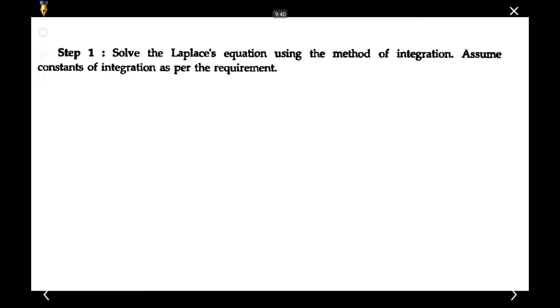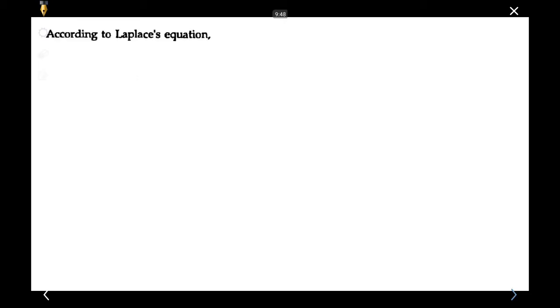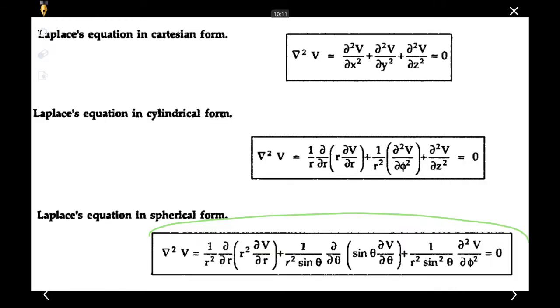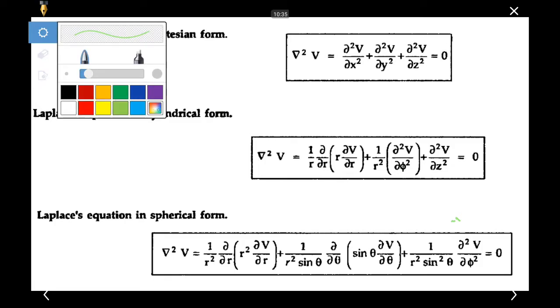So step 1, solve the Laplace equation using the method of integration. Assume the constants of integration as per the requirement. So what is the Laplace equation? Del square V in the spherical coordinate system. Okay. Now in this equation if you see, as we told before, V doesn't vary with respect to theta and phi. So only it varies with respect to